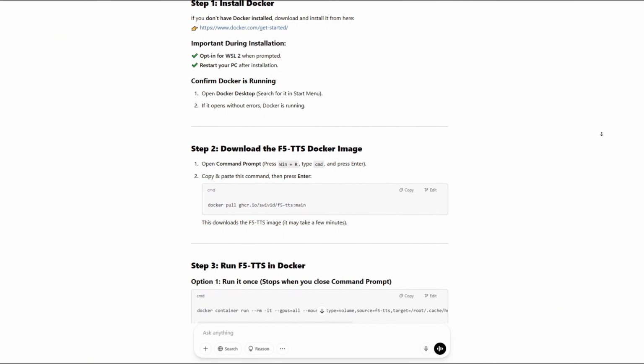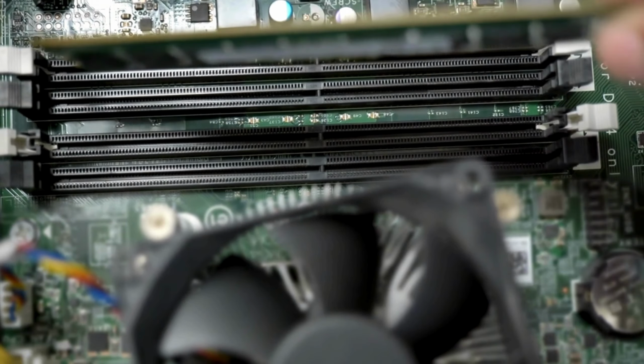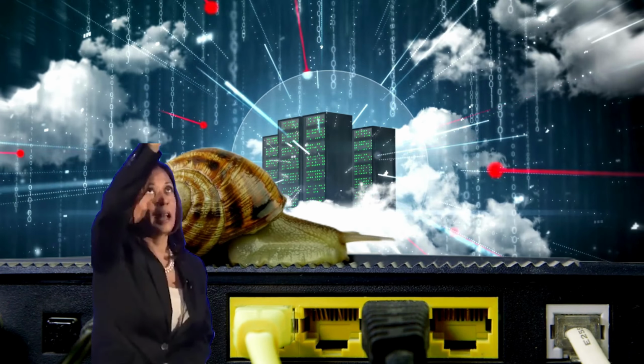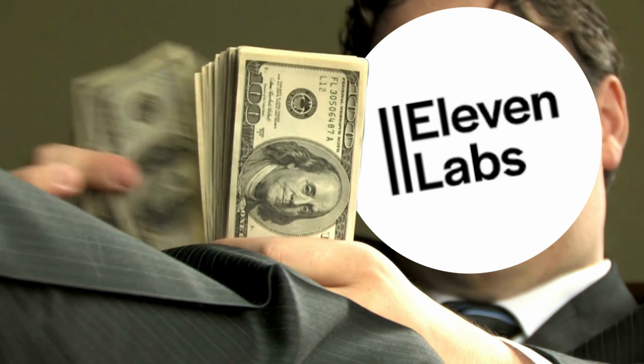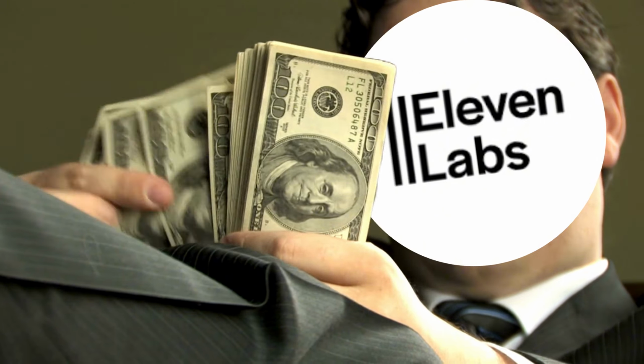Just to let you know, I installed it using only ChatGPT. F5 TTS isn't as fast as 11 Labs. It also lacks quality, but that's because you're running it on local hardware instead of cloud servers, and with the money behind the whole project like 11 Labs has, we can't compare it to an open source project like